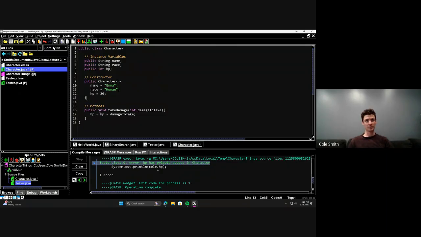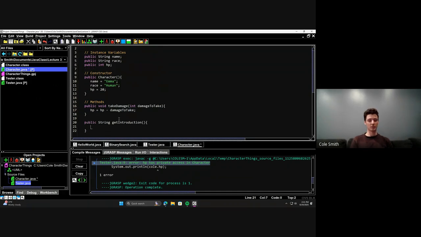As for void, this is a really good question. Methods can often do a whole bunch of different things. And oftentimes it's beneficial to actually get a value from them. So for example, we have this take damage, right? We also might have a method where we get an introduction, right? And in this case, we don't need any parameters, but we're going to have it return, and I'll cover what this all means in a second. We're going to return,